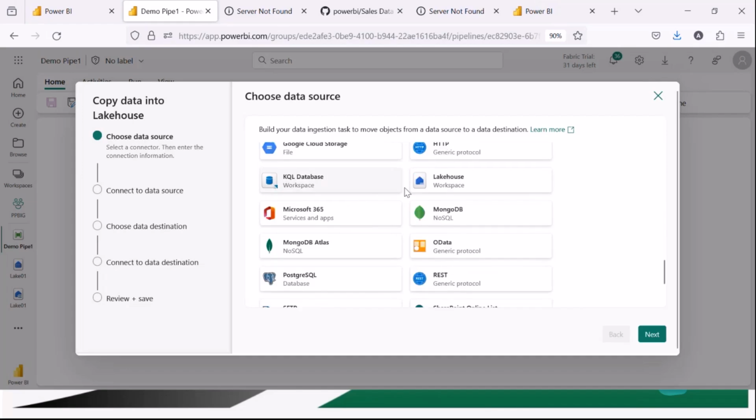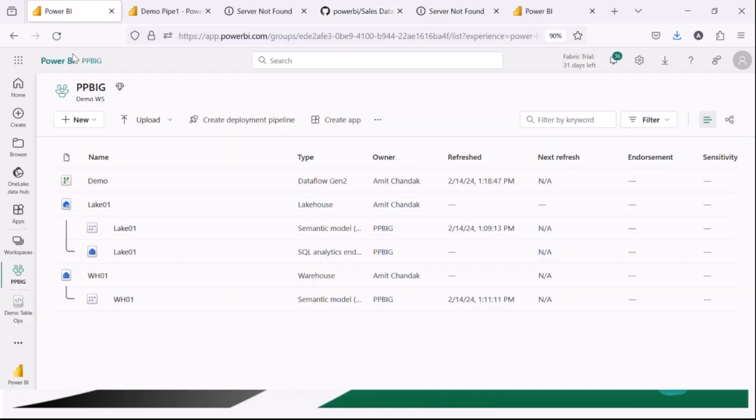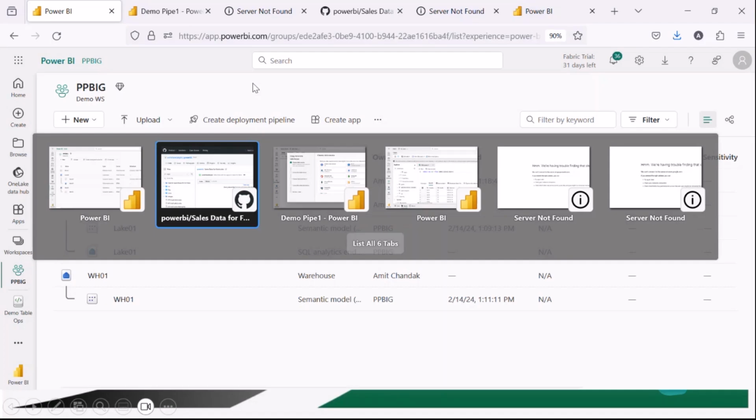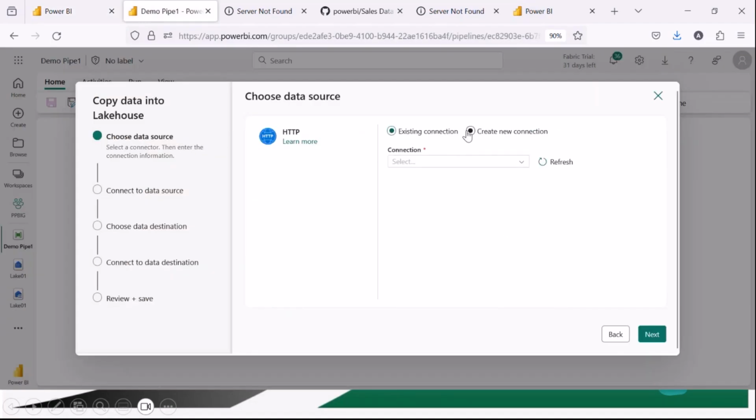And in this copy activity, I'm going to use HTTP for my URL. Again, I'm going to copy the raw URL and check whether I need a CSV file or whether it's going to directly work. So HTTP I'm going to use,